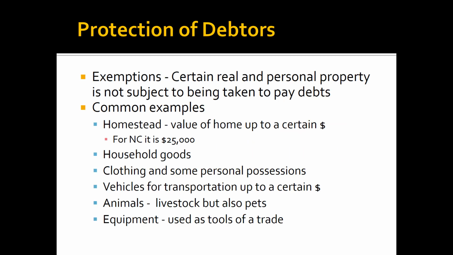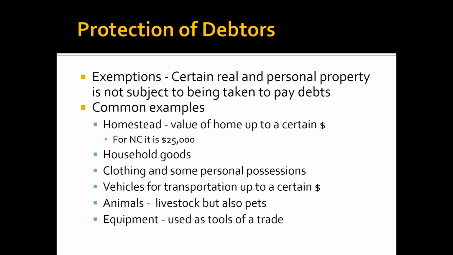Protection of debtors. There are exemptions. If you remember when we were talking last time about notice of rights exempted, when we were talking about judicial liens and such, there are certain property that is not subject to being taken to pay debt. So a classic example here would be health stuff. So you're on oxygen, and you've got a setup to give you oxygen that keeps you alive. You owe money, they come to foreclose. Can they seize the oxygen? No. Also, every state can set certain values that can't be seized.